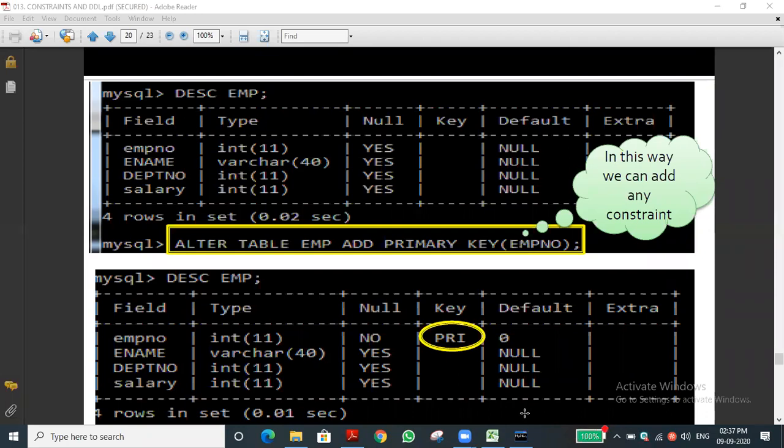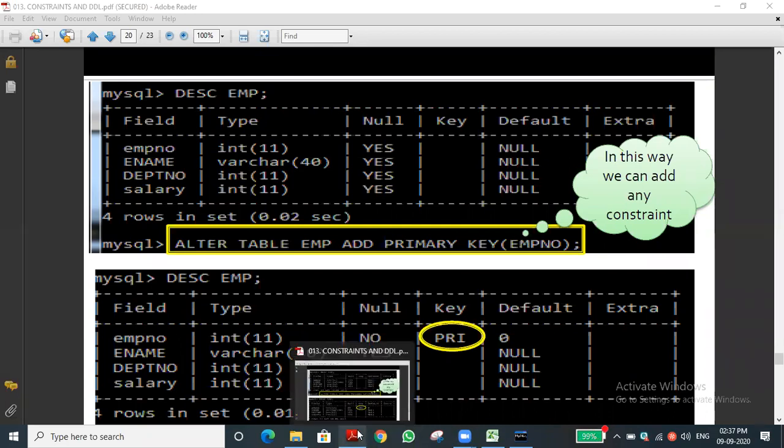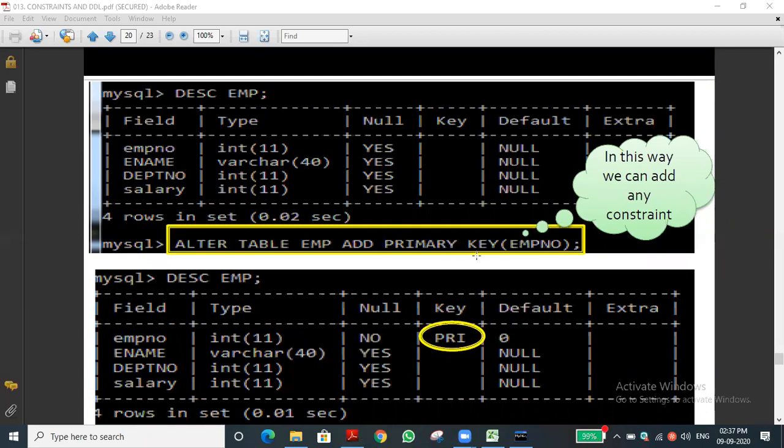Have you got my point why I am saying like that? Yes, sir. Once you have inserted, if you want to update each value or do whatever updation, it will be trouble for us. It's repeated work, we have to do it again for all the columns. If 200 records are there, it's very difficult. I hope you understand my point, isn't it? Yes, sir. Understood. So this is the way.